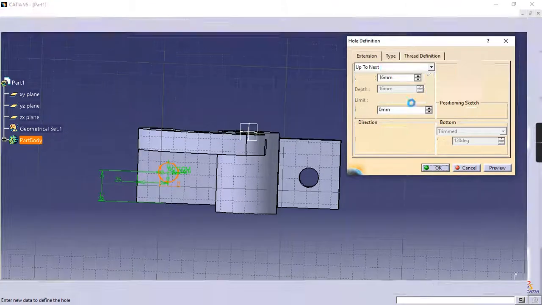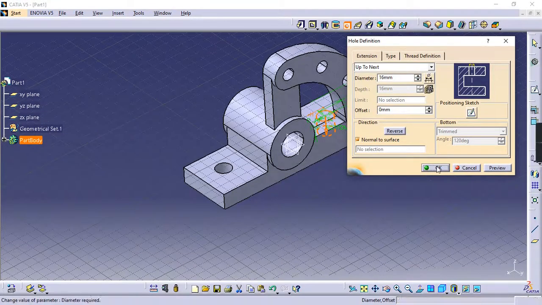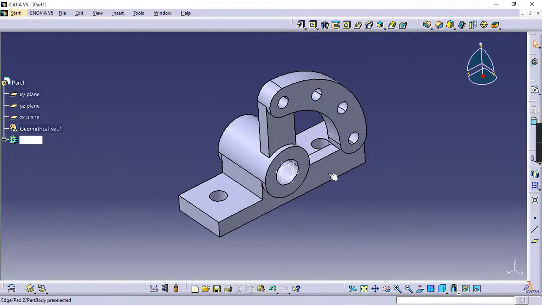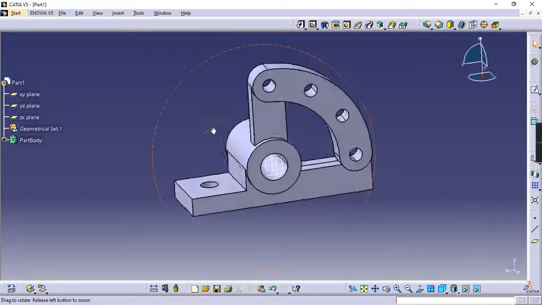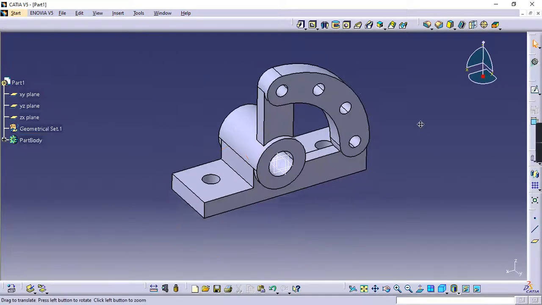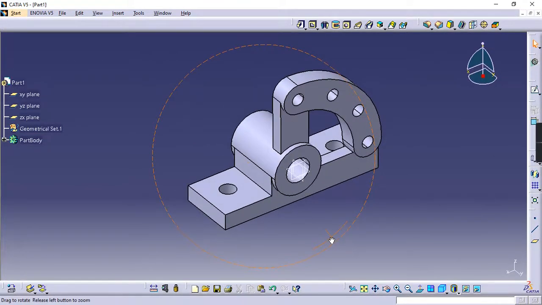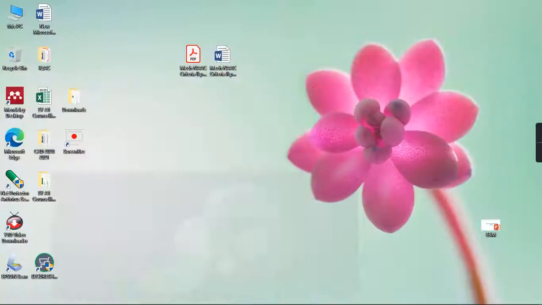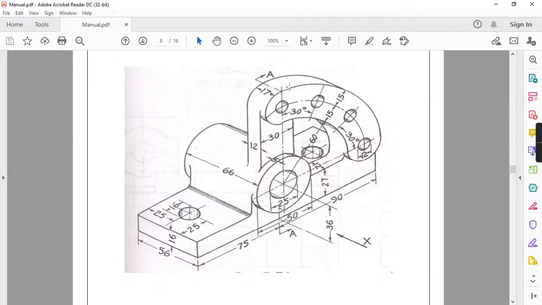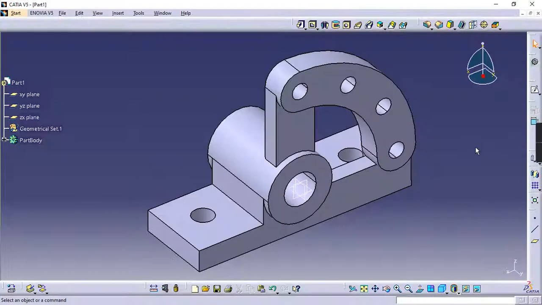Exit workbench, up to next, 16. Okay. So this completes your 3D part. See the figure, this is over, this is over. Yes. Thank you.